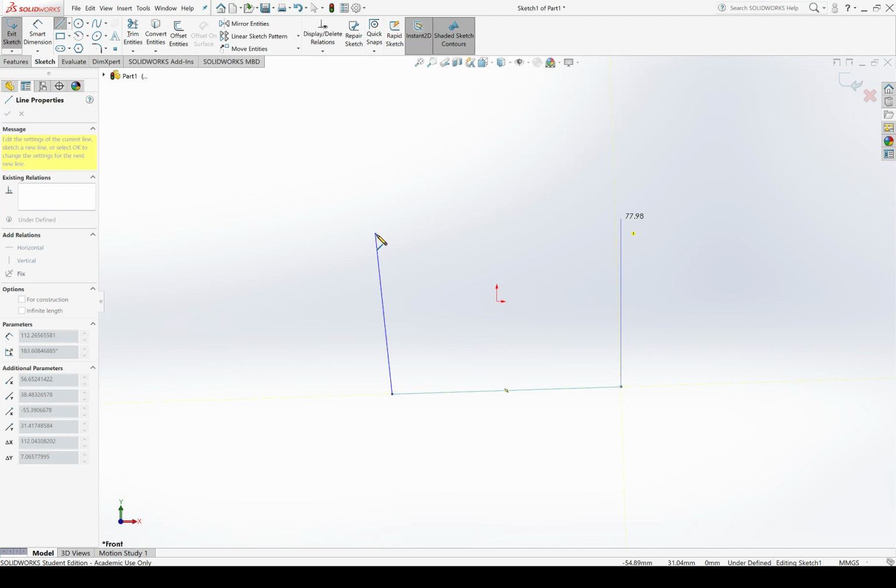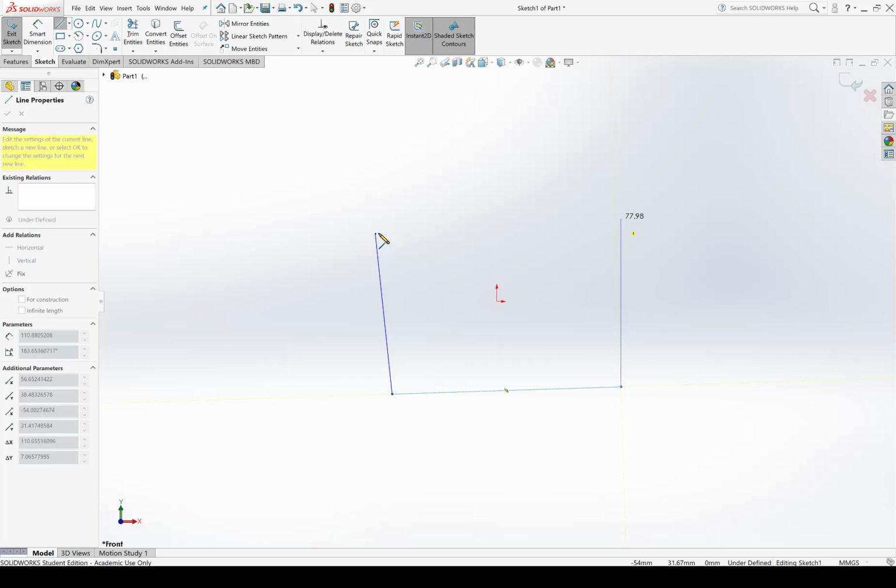I personally don't like the fact that when you are creating a drawing, SolidWorks pops up with all sorts of helpful information. It tries to automatically define what it thinks you're doing. So if you're dragging something in a roughly vertical direction, it'll say, hey, are you trying to make a vertical line? Because I can make that vertical if you want. I don't like that in most cases. It happens to be convenient for the case of a square, but I have intentionally drawn my square skewed so I can show you how to recover from that.